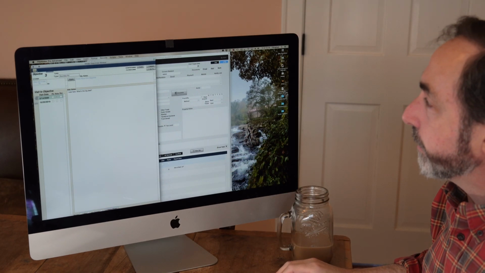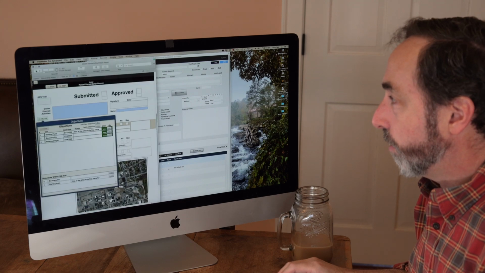I click it away, and we're going to find ourselves back here at our objectives list. We visited all the objectives on that property, and now when I come back here, we see them. We see where I visited on a map, and I can go ahead and submit this, print it, send it off as a PDF by email. Now back at the ranch,